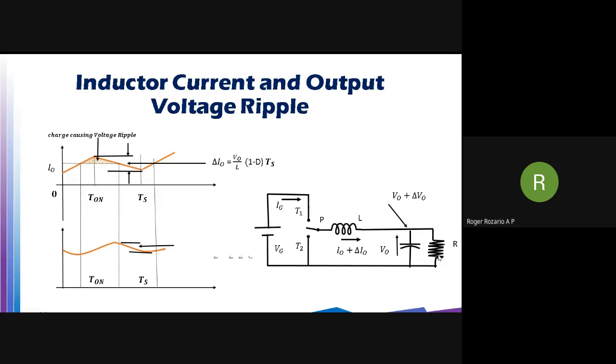And this is the expression for the capacitor voltage that is causing the ripple. How did we arrive at this expression? What is the height of this triangle? The height of this triangle is del I naught by 2. So what is del I naught? The distance between this black solid line and this black solid line is del I naught.